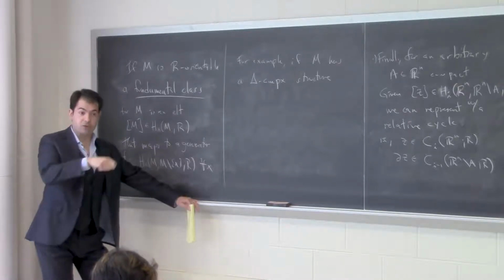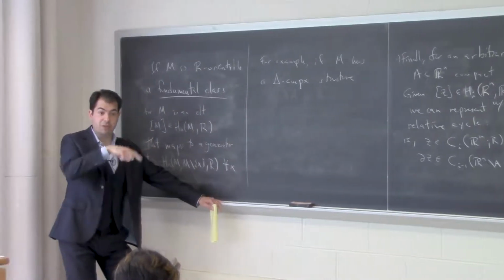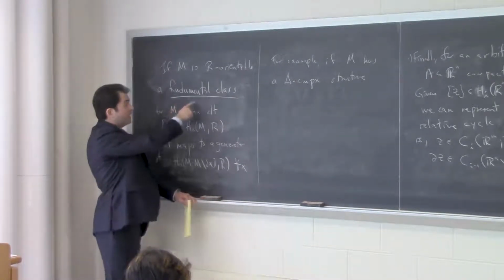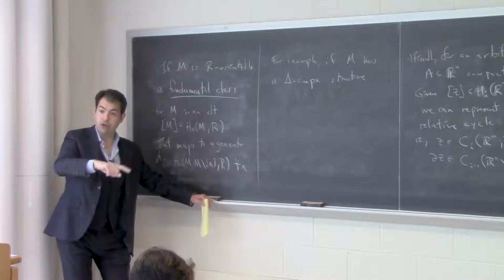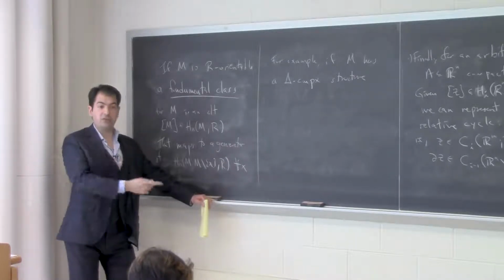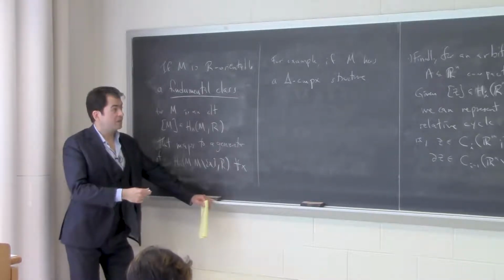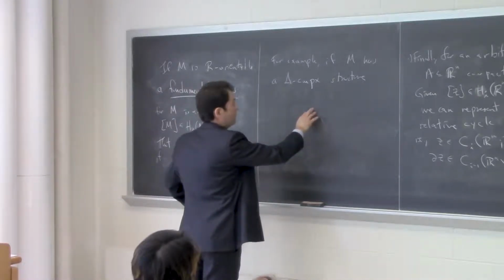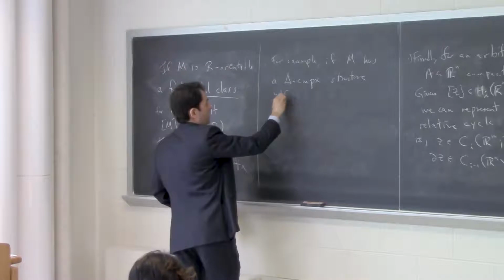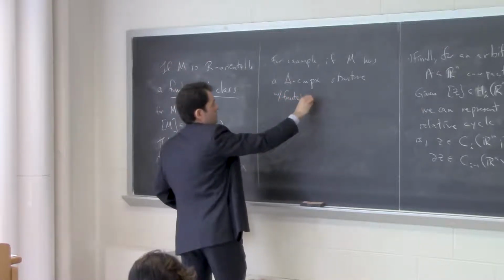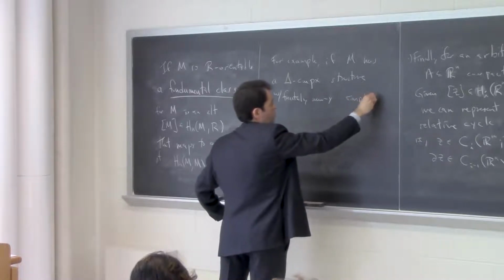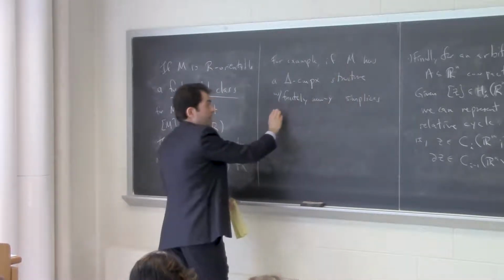So if we draw a picture and we represent an orientation by a bunch of arrows, then a fundamental class is a choice of all of those arrows that are consistent. So here's what it means. If M has a delta complex structure with finitely many simplices, which is automatic if M is compact, then